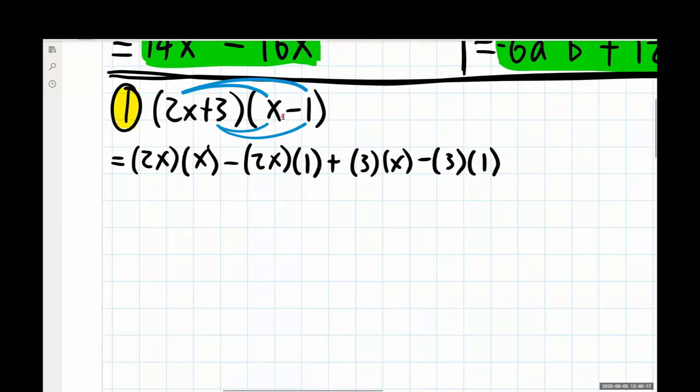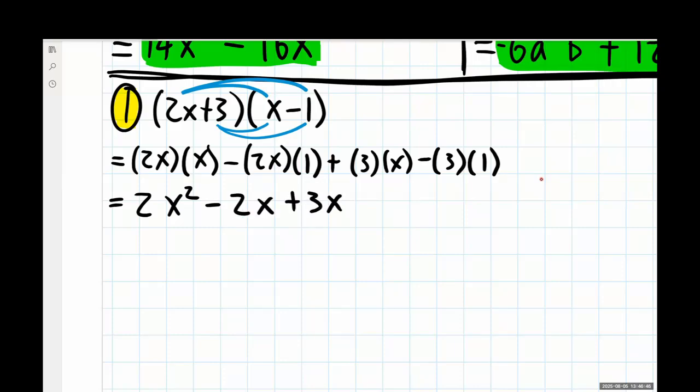So I have 3 times x, and I have 3 times 1 showing up. Make sure that we are keeping the sign the same, and we can just let those sit right in front here as well. Now that I have everything written out as multiplying, or distributed, I should say, I can now start multiplying each of these things together. And using our previous properties, we're going to be getting 2x squared minus 2x